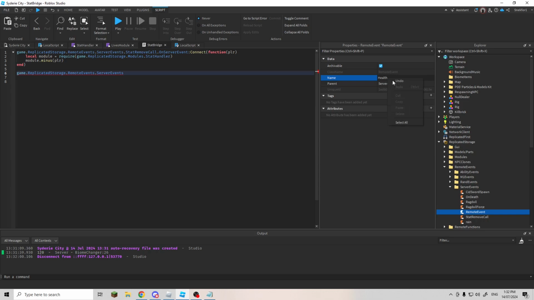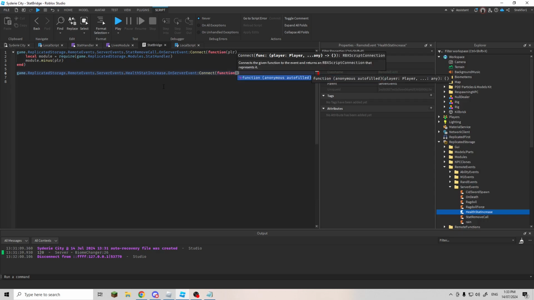Health stat increase. There we go. HealthStatIncrease.OnServerEvent:Connect(function(player